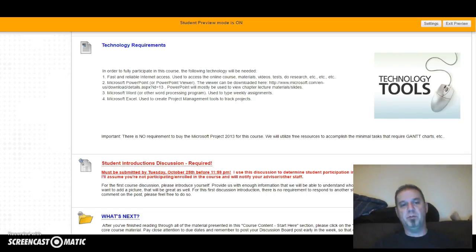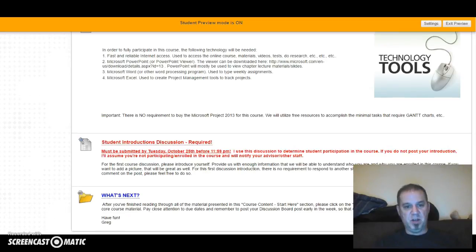If you're not familiar with that term, Gantt chart, G-A-N-T-T chart, we will get into that in a few weeks in this class. But the point here, in terms of the technology, is that you will have to have Microsoft Excel in order to complete the requirements for creating a Gantt chart. That's all I'll say on that for now. Once you get through all that information, watching the videos, reading through this information, looking at the course syllabus, you should, at this point, have a pretty good understanding of what is required of you for this course.